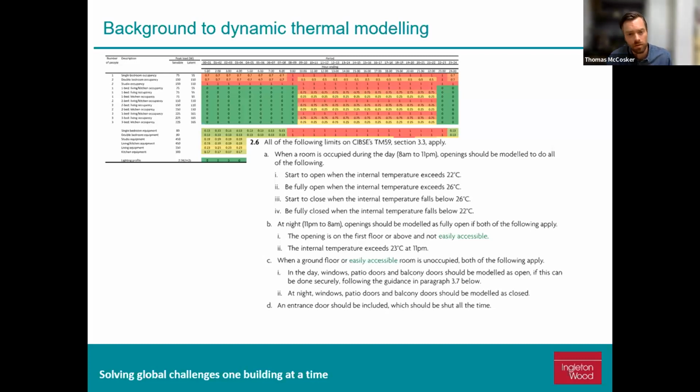Based on, let's see, as we see in the section B there, it does make sense largely. So at night, for example, between 11 p.m. and 8 a.m., the windows must be open. If the temperature in the room is above 23 at 11 p.m., the occupant's going to open the window because they're warm. And they're not going to close that window again until 8 a.m. when they wake up. Most of us get up a bit before that, but that's how the methodology works. So it looks at occupancy profiles, it looks at typical usage patterns and tries to replicate that within the methodology and the design profiles.